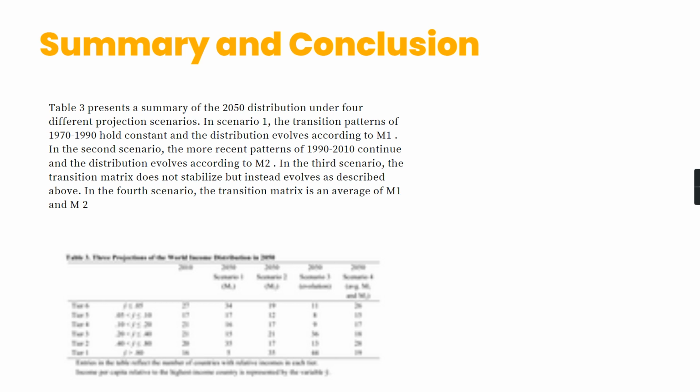So to summarize our final model, we construct a Markov chain based model using transition matrices that account for the evolution of the world economic distribution, and the matrix